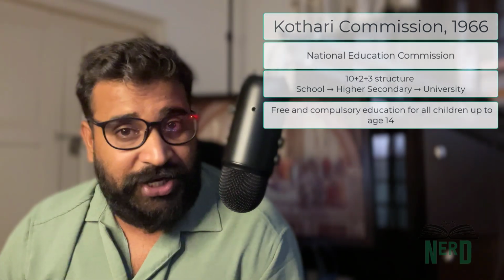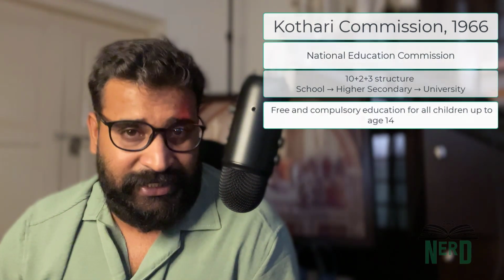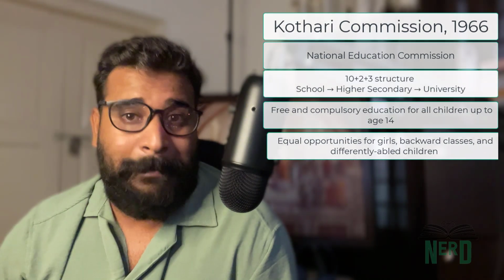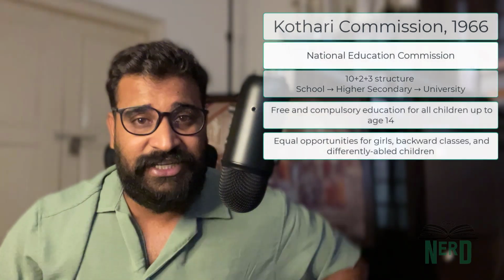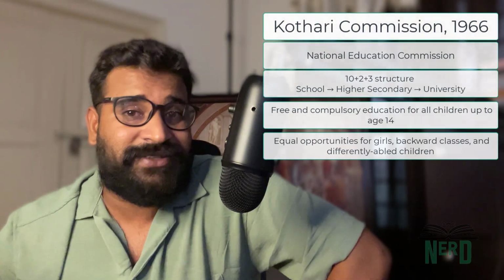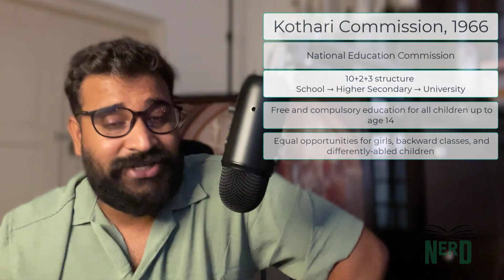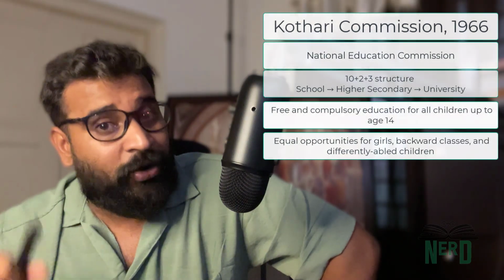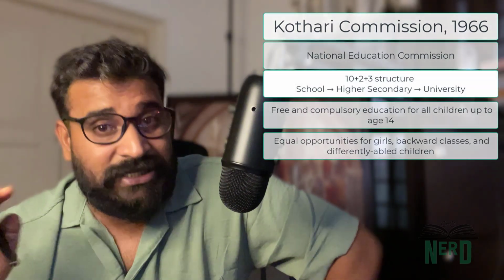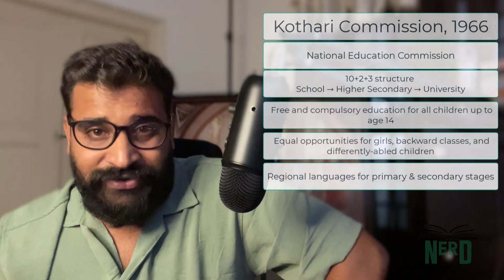Here's what it gave us: 10 plus 2 plus 3 structure, like school, then higher secondary, and then up to university. Then free and compulsory education for all children up to age 14, equal opportunity for girls, backward classes, and differently abled children. And it emphasized teacher training, the importance of science and maths, and the need for vocational education in agriculture and industry. And very important, on languages, it stresses on the regional language for primary and secondary stages,